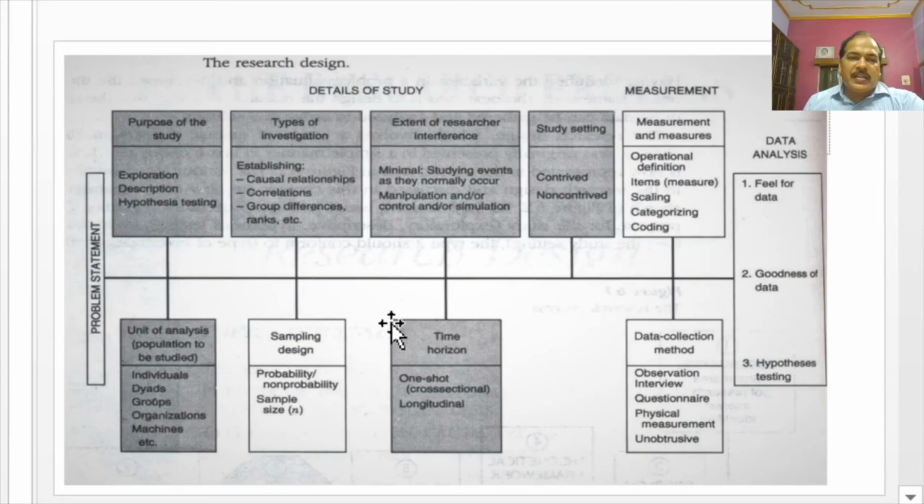It means a single individual or phenomenon is observed over a period of time, maybe 10 years, maybe 20 years. If we take the example of anthropological study, we study a single individual or the human race for a very long time. It means the research design we use depends on